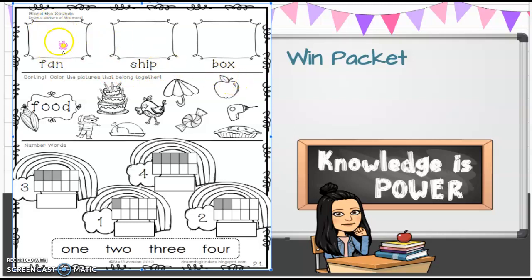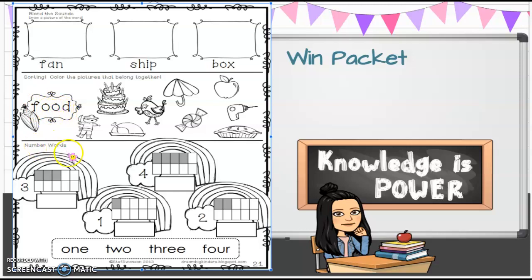And you are going to draw a picture of that word. When it says blend the sounds, we know that SH says sh. Yep. And then you are also just going to look at each letter, read it, draw the picture. Sorting: color the pictures that belong together, and you're going to read that word, color the pictures that represent that